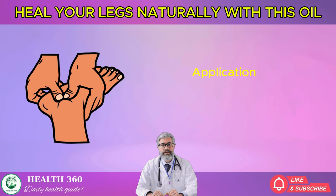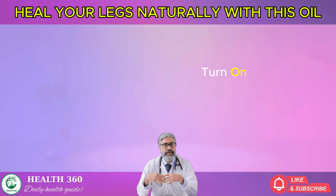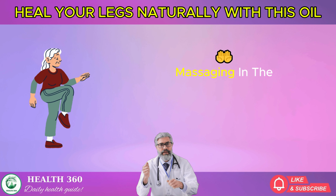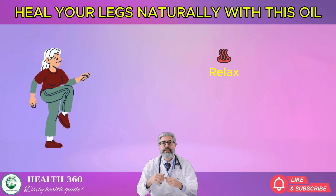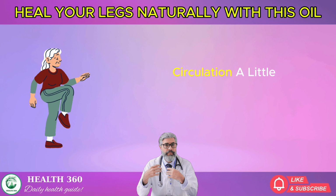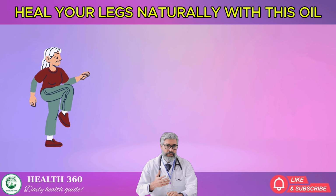After your morning application, try a few ankle rolls. Lift one foot and gently circle it 10 times in each direction. Then do a few slow knee bends just to let your muscles know it's time to turn on. At night, after massaging in the oil, try elevating your legs with a pillow for 10 minutes while you relax. That gives your circulation a little break, reduces pooling in the ankles, and helps the rosemary oil soak in more